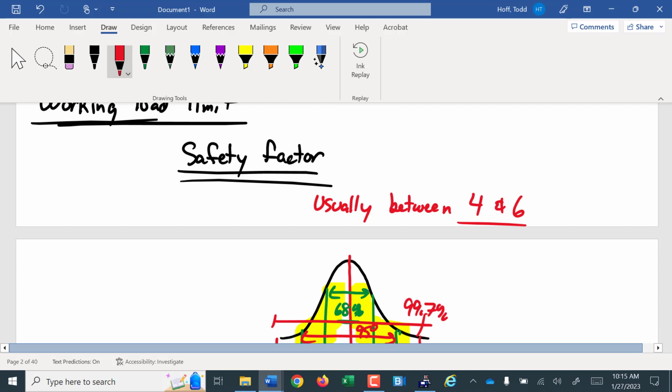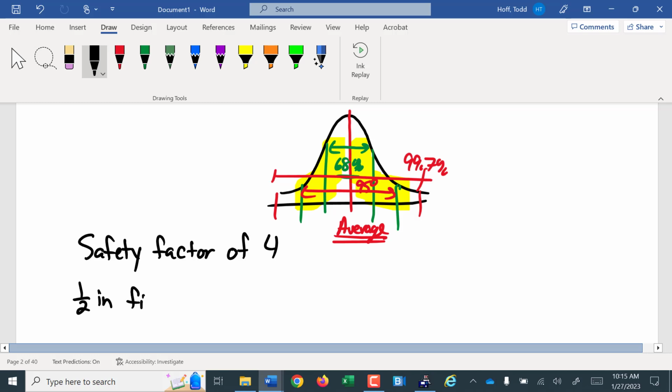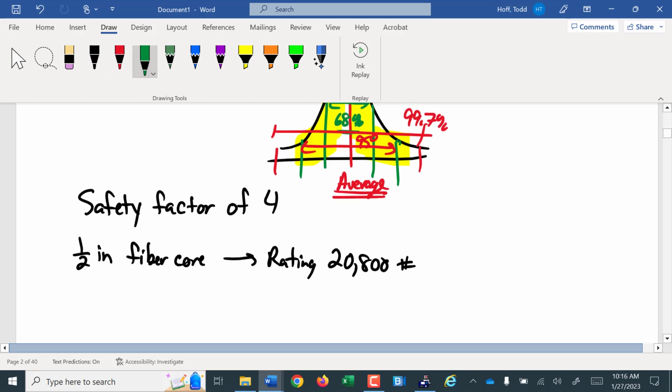So what that means is, let's say a safety factor of 4 for that 1/2 inch fiber core rope that had a rating of 20,800 pounds, our working load limit, our usable limit,